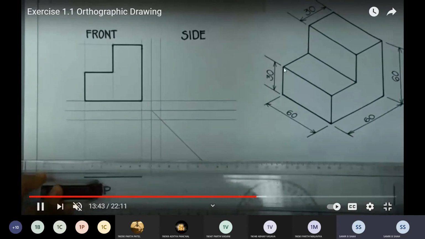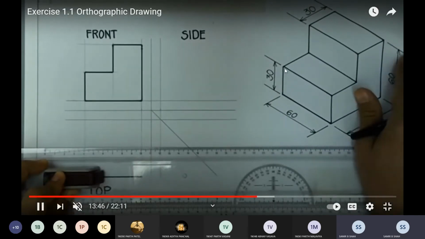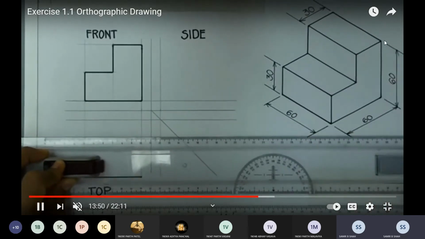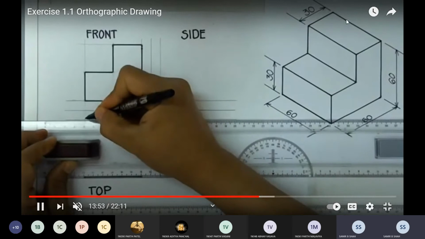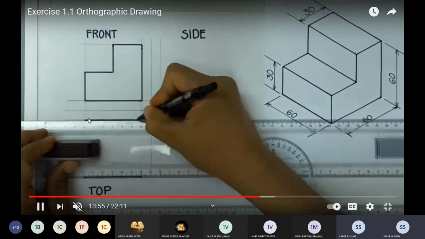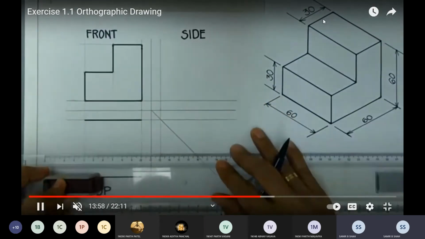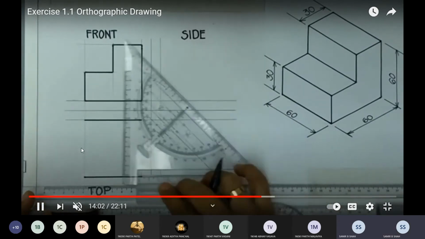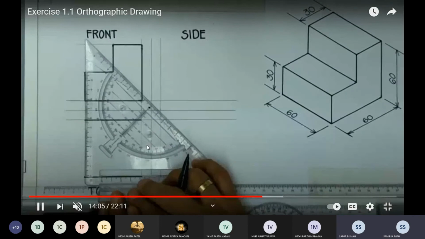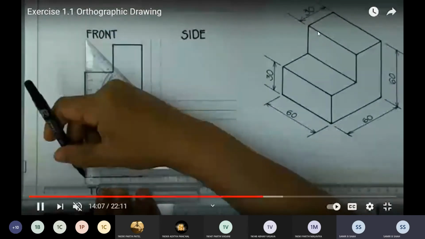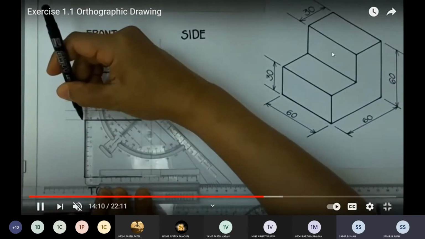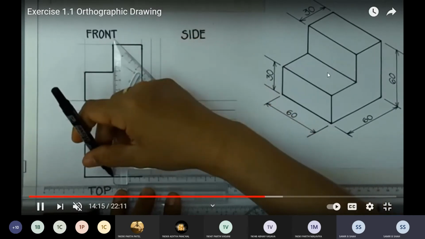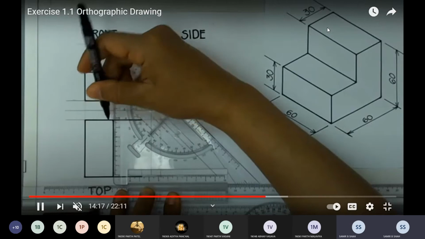You just see here, one line is here, which is the end, and this is also another line, and this is the third line. Okay, so you may start here. This is the starting line, so you may draw this line. After that, you may draw this line. Okay, so यहाँ पे एक line आएगी, that is 30 mm. Then draw another line, that is a horizontal line. After that, see these two lines coincide with each other. Okay, so ये width हमें नहीं दिखेगी, लेकिन ये line and ये जो line है वो overlap होगी. Okay, so एक ही line दिखेगी.